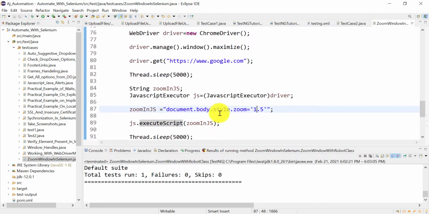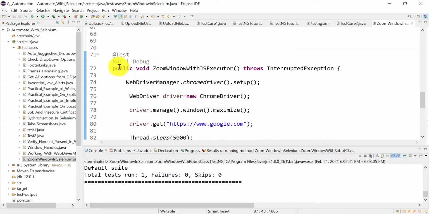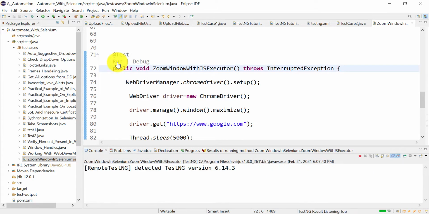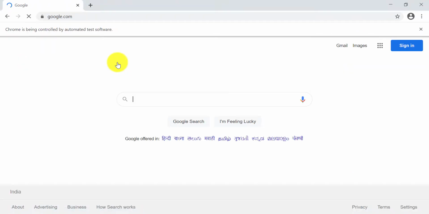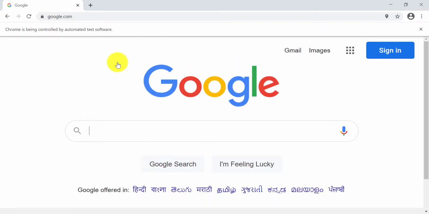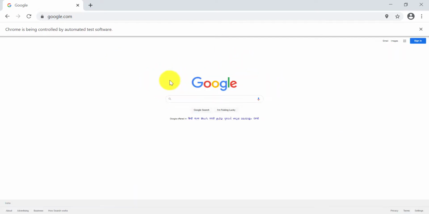Okay, so let us go and quickly run this code and let us see if it is working or not. Okay, so it has maximized the window, google.com. So after 5 seconds, you can see that it has zoomed the page to 1.5, and it is reduced to 0.5, and it should come back to 1.